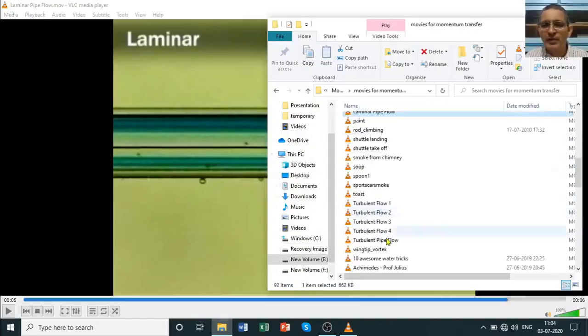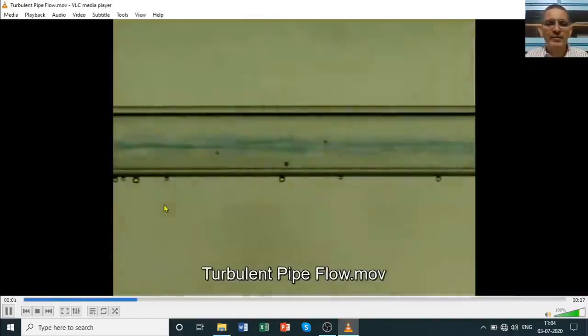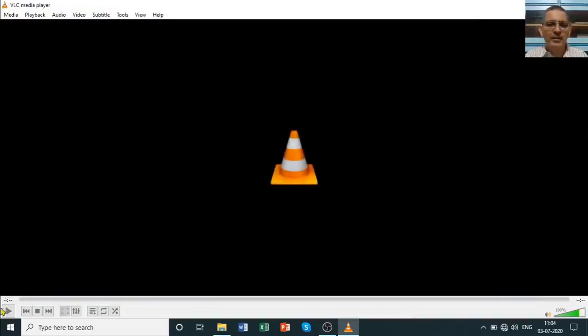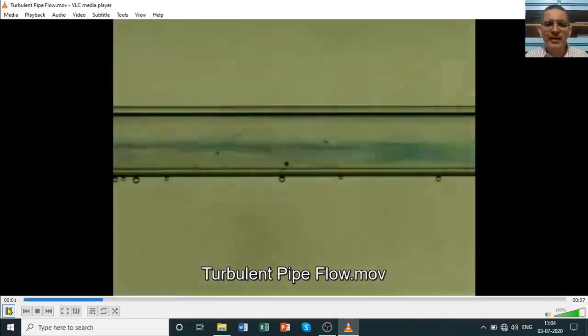The other kind of thing that you might have seen is something like this. So there is a pipe here. Now again there is a dye, blue dye that is put in, but now you see that this dye does not move like a layer. It moves all across the pipe in a random fluctuating manner. You see, it has spread, so to say, across the different regions of the pipe,